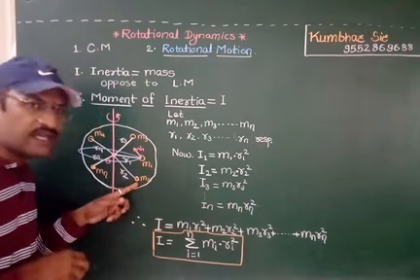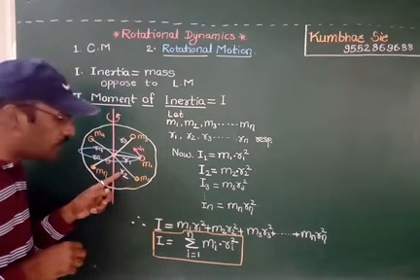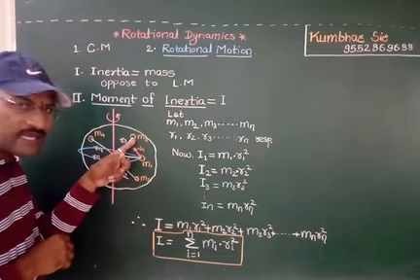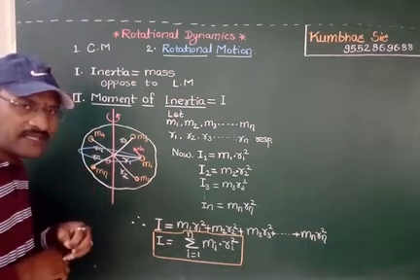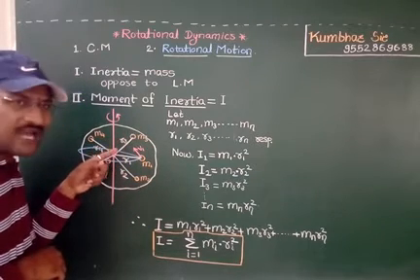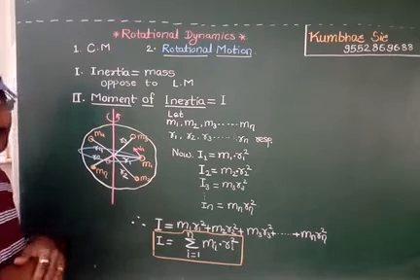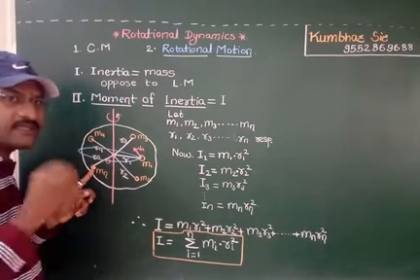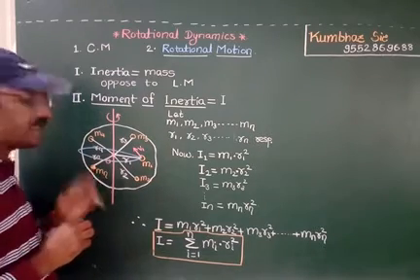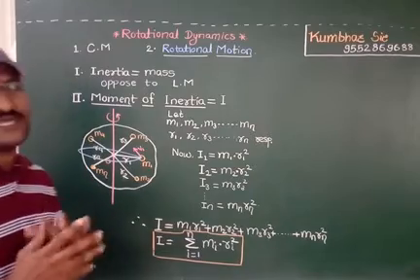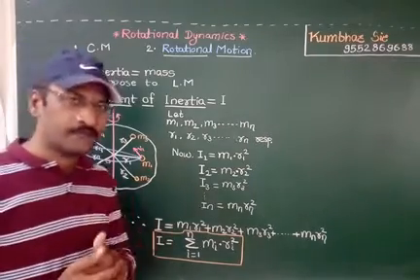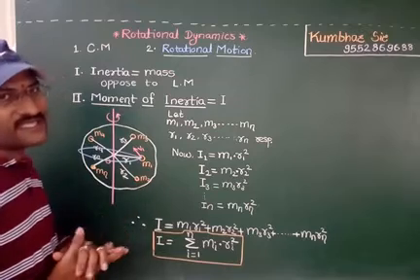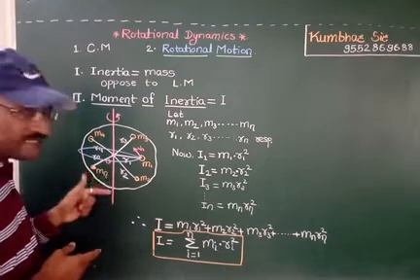It is also situated at a distance R2 from the axis of rotation. Similarly, M3, this is the mass of the third particle situated at a distance R3. Similarly, Mn, this is the mass of the nth particle situated at a distance Rn from the axis of rotation respectively. I repeat this. Let us consider this is a rigid body of any shape rotating about an axis passing